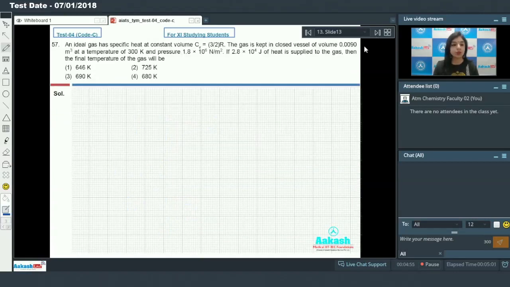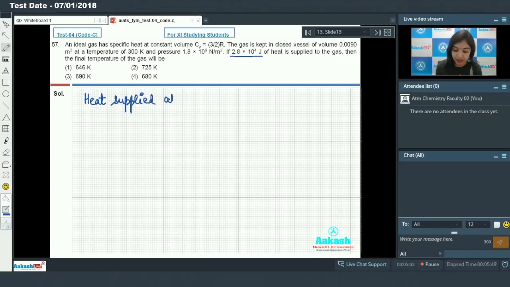So moving on to the next one, students, we have question number 57, which says that an ideal gas has specific heat at constant volume, which is Cv, equal to 3 by 2R. The gas is kept in a closed vessel of volume 0.0090 meter cube at a temperature of 300 Kelvin and pressure of 1.8 into 10 raised to the power 6 Newton per meter square. So if 2.8 into 10 raised to the power 4 joule of heat is supplied to the gas, then the final temperature of the gas will be. So here the 2.8 into 10 raised to the power 4 joule heat is supplied to the gas at constant volume. So we can write the expression that is heat supplied at constant volume,